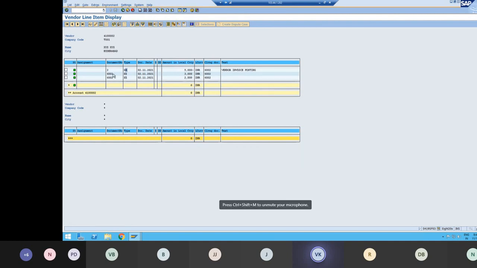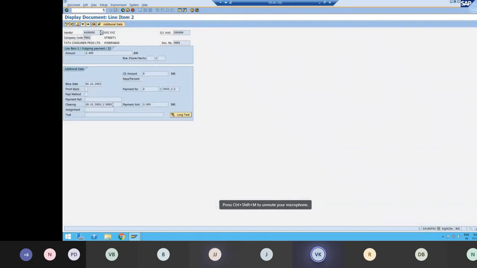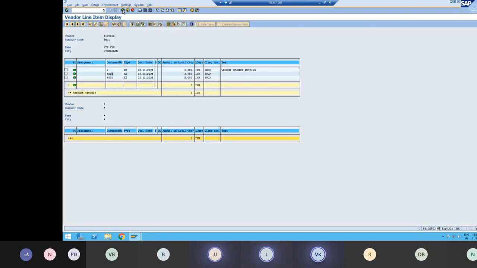If I double click on 6,000 also, it will show this 6,002. So it means that this invoice 5,000 was paid using these two document numbers, 6,000 and 6,002. So when we do clearing, it is going to show the three.